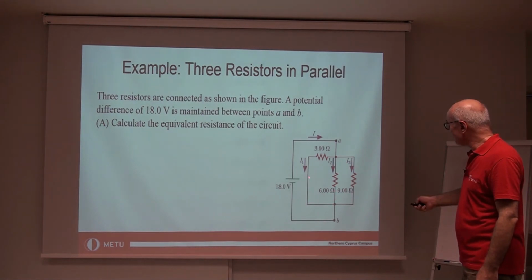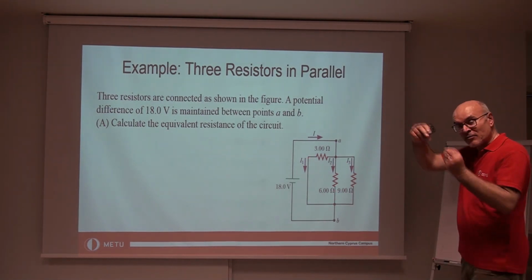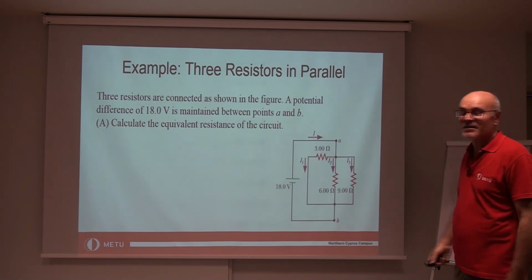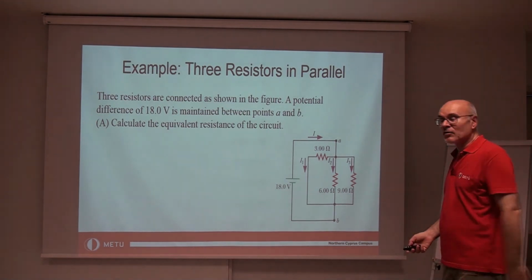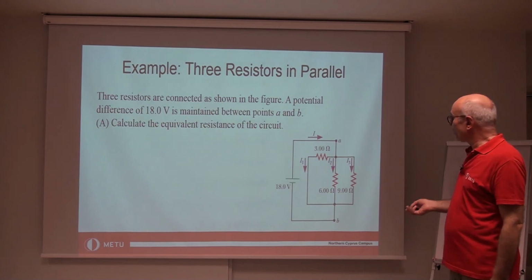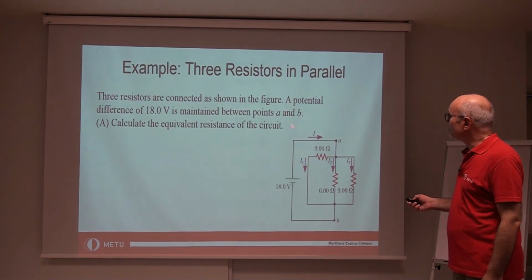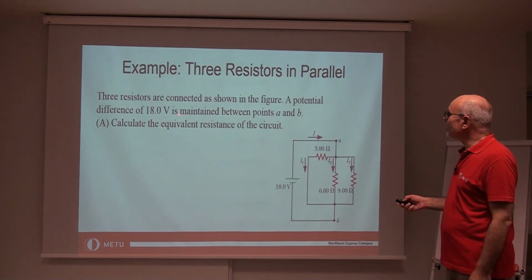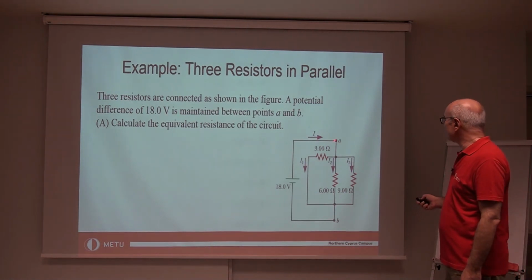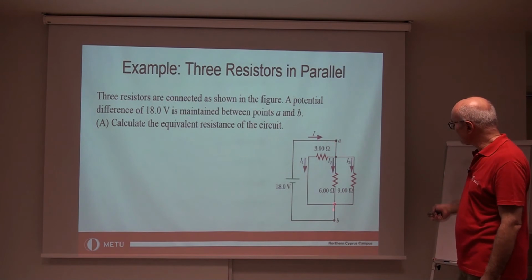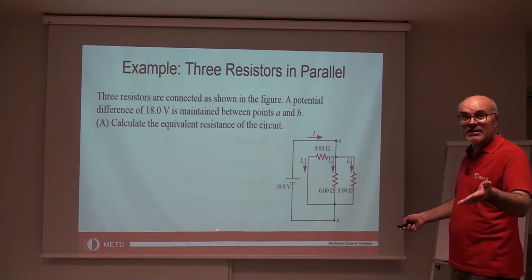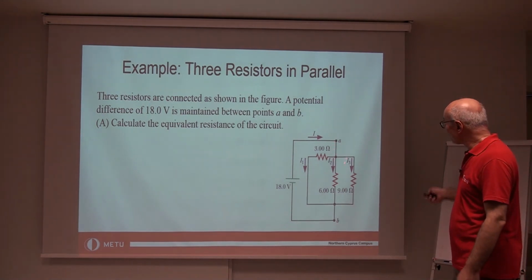This end and this end and this end are at the same potential. So the potential difference between them is the same. So these are connected in parallel, as shown. And the potential difference of 18 volts is maintained between point A and B. So the potential difference from A to B is, at the same time, the potential difference across each resistor,